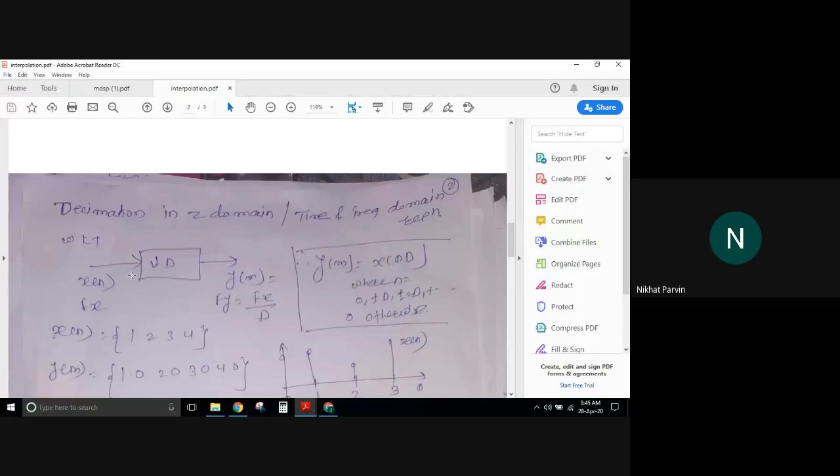This is the figure for your decimation input sampling rate, decimation by factor D, output y of m, nothing but fy equals to fx by D. So the formula is y of m, means the output which you are getting after the downsampling, is x of n into D, where n values vary from 0, plus or minus D, plus or minus 2D and so on. Because there it was n by I, here it is n into D. You can see